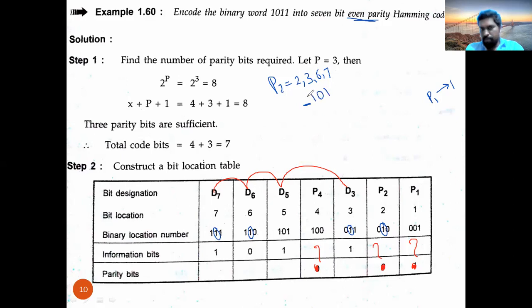So what is the value to be replaced here? When you count ones, we have 2 ones here. So 2 is an even number. The given question is also even parity, so you need not substitute 1 here. Suppose if you keep 1 here, it will become odd parity. But the question is even parity. So it is better to replace it with 0, so that the obtained sequence will be even parity. So the value of P2 will be 0.